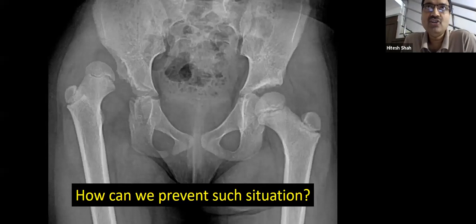Second issue, if you do the valgus osteotomy or a pelvic support osteotomy, future THR would be an issue. So at that point, you can think about the activities of daily living and socioeconomic status of the patient, and explain what they want. If you do the PSO or valgus osteotomy, it will be lifelong lasting, but the future THR would be an issue. It is very, very difficult to do the THR following the pelvic support osteotomy. So you can think about pelvic support osteotomy versus total hip replacement. Always give the answer according to the need of the patient. That would be the ideal answer in your exam.